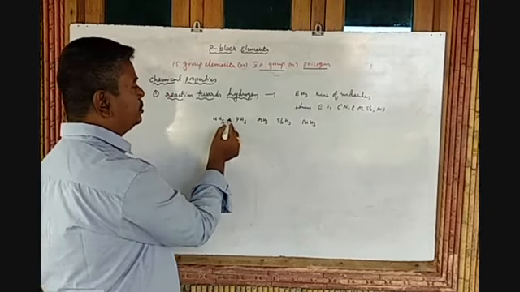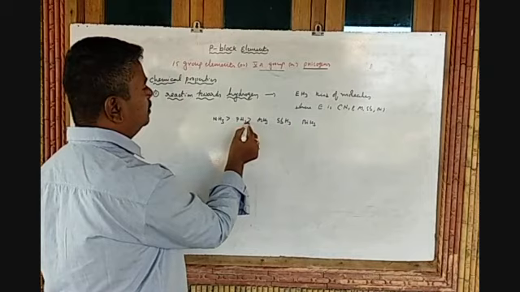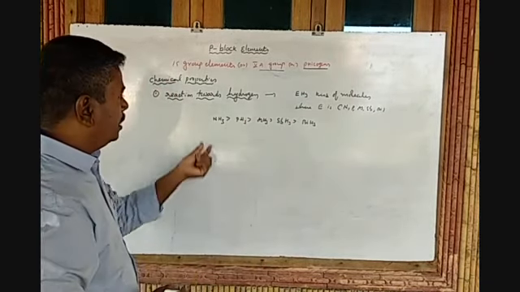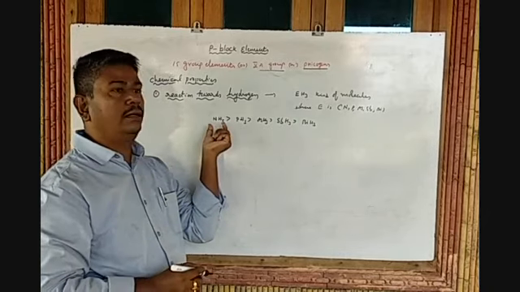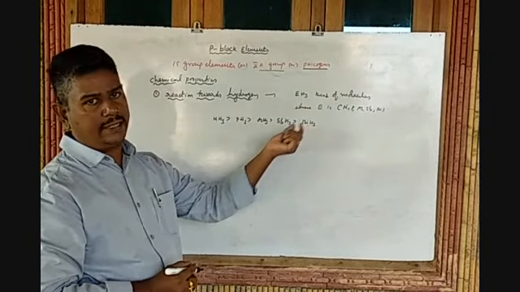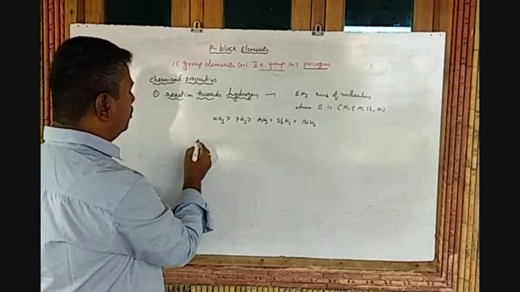The reducing power and basicity: ammonia is more basic than which one? Bismuth hydride, and ammonia is a